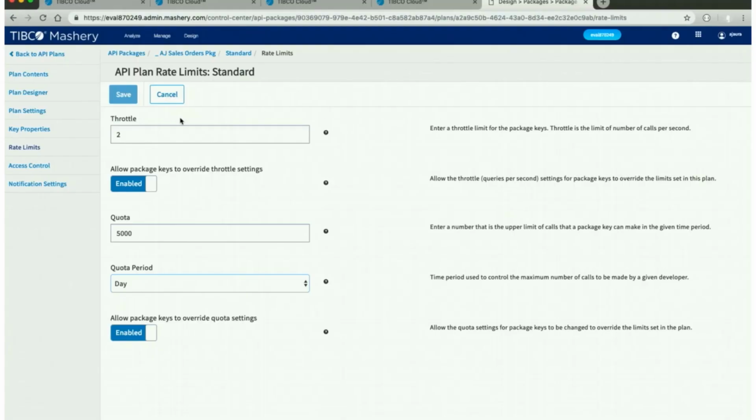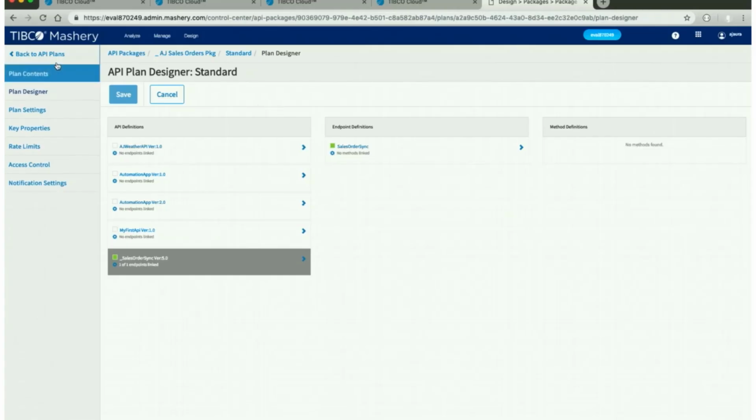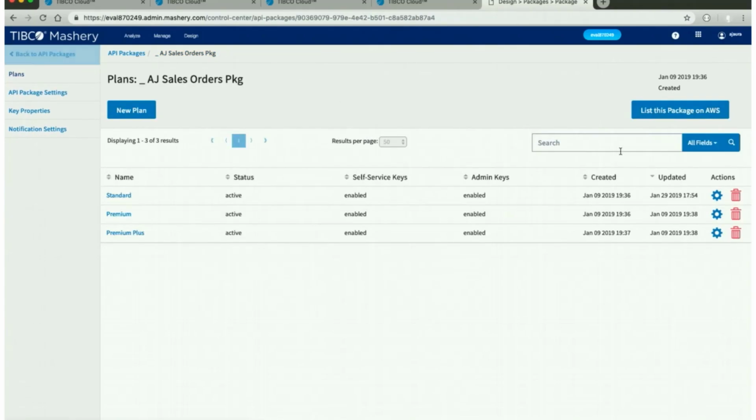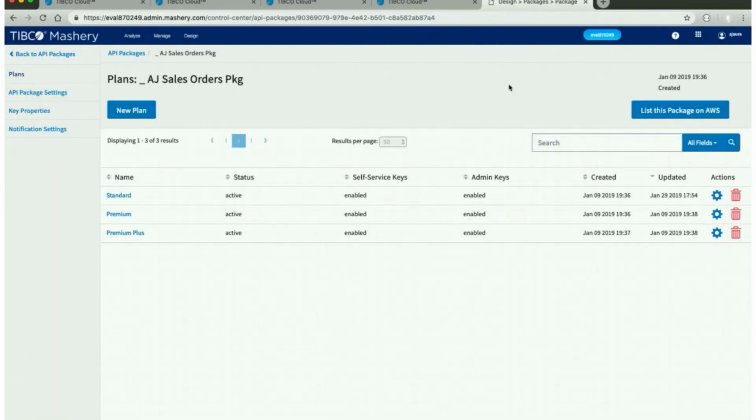for. And also with the plan designer, giving the accessibility for different applications and the endpoints, and the different method definitions, if you were to have associated with that endpoint, to be able to have all of that synced up for someone who comes in to register for a variety of plans. So looking at that aspect of the product line for your APIs and being able to list these packages then on AWS so that you could link this up with your associated credentials to really offer your monetization of your